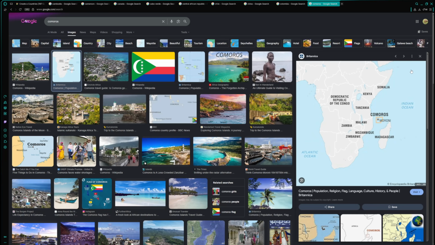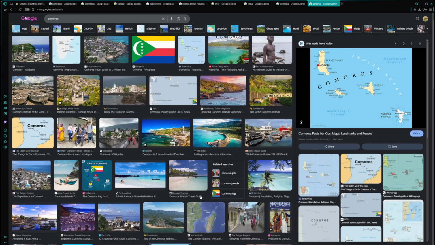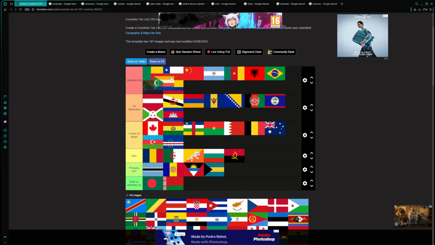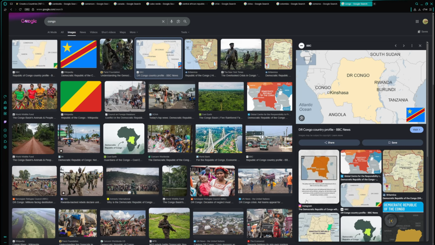Some of these countries just have the worst flags when it comes to remembering them. Comoros is a small group of islands just off the south coast of Mozambique. Now, I won't lie, one of them is shaped like an arrowhead, that's pretty good. The other one's like long, it's pretty good. The other one's also quite long, that's pretty good. So it makes for 3 great cracks in one, you know? So Comoros is honestly, I'd go as far as to say they're almost on Chile level. Not quite. Up next is the DRC.